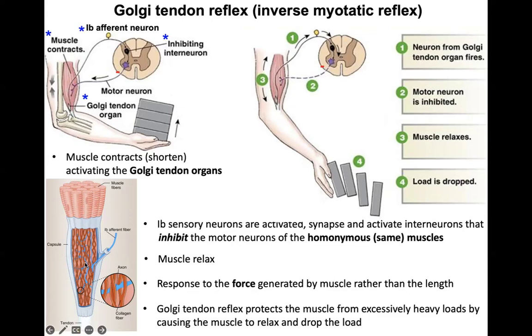Okay, it's like a dense network of small neurons wrapping around together, called the Golgi tendon organ. These receptors, the Golgi tendon organs, are activated by force. That means if you change the muscle length just a little bit, if your muscle contracts just a little bit, then you're not going to activate the Golgi tendon organ. But if the muscle contracts until one point where we develop a lot of force to these structures right here, in that case, the Golgi tendon organ will start to be activated, okay, when the muscle contraction is too